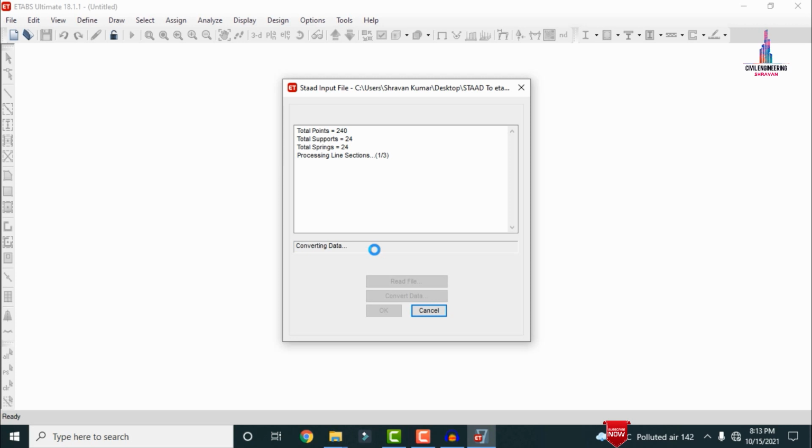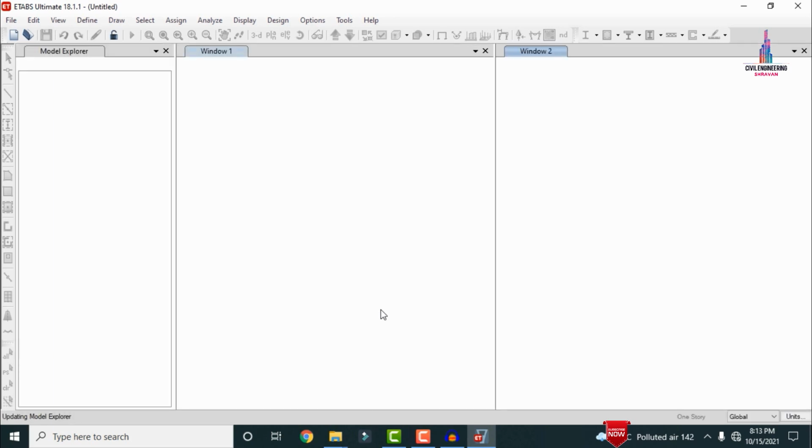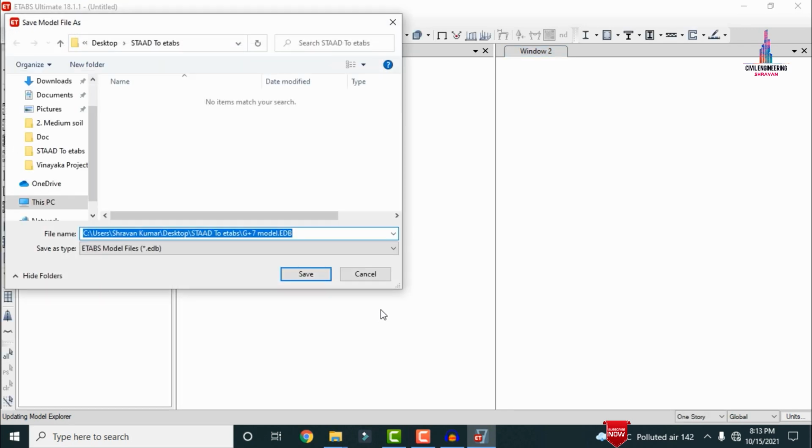Now you can see here my processing line section 1/3. Again it is showing the processing lines for the respected section. So processing global DOFS data was converted. So you have to click on the OK option directly, so that the data will be directly imported to your respected ETAP software. So this importing process is applicable if the modeling is not possible for the respected structure which is related to the irregular model and curved shape buildings and high-rise building structural models.